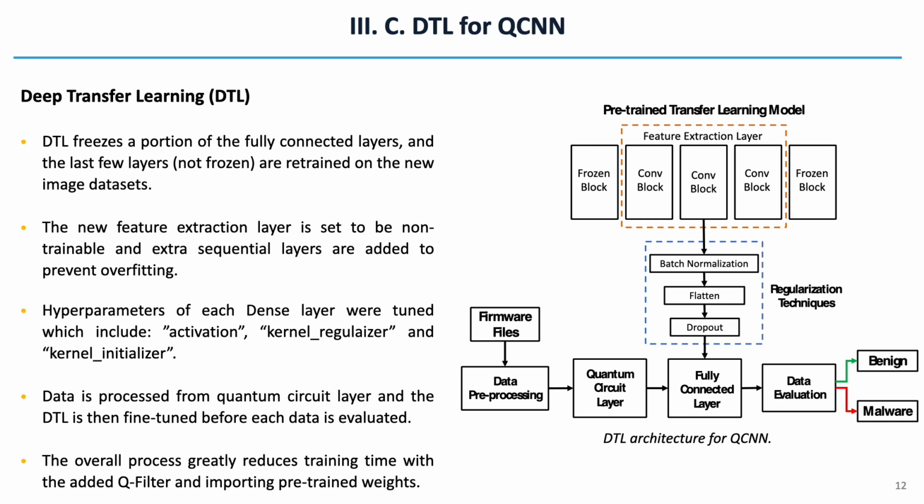In order to retrain the deep transfer learning model for the QCNN, we try to extract the feature layer of a widely used deep transfer learning algorithm, and we perform small amounts of batch normalization and dropouts so that the overfitting issue is reduced. Additionally, as you can see in the DTL architecture, just like I previously mentioned, from data collection to data preprocessing, everything is done before the feature extraction layer is applied and a fully connected layer is formulated.